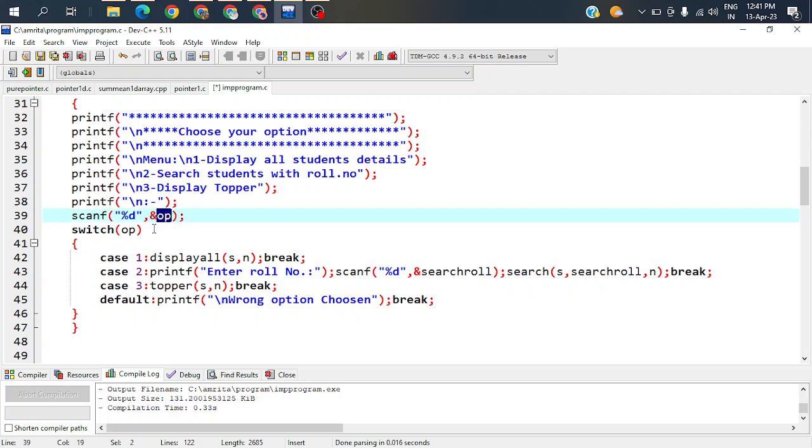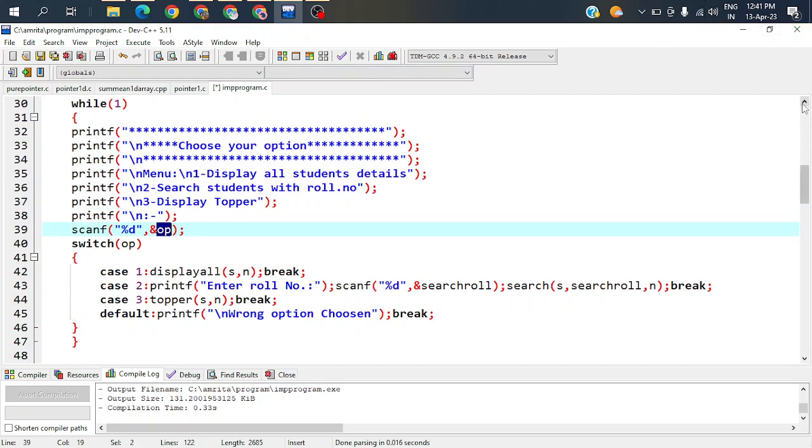Once you enter the OP, if it is option 1, the display all function is called. If it is option 2, you are asked which roll number you want to search and you are going to call the function search. If it is option 3, the topper function is called. If none of the above options is chosen, it is wrong. And this loop is an infinite loop where while 1 is taken, this continues an infinite number of times until you exit